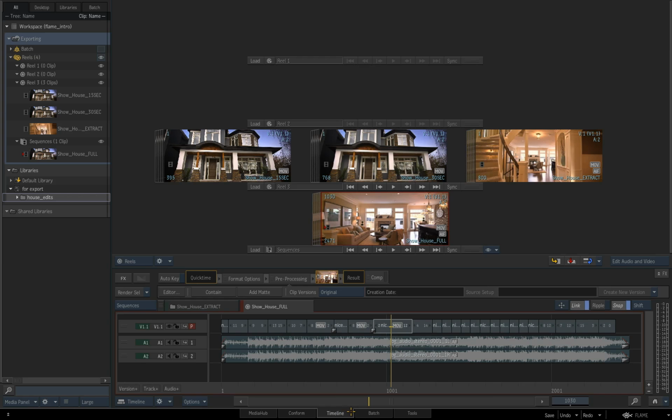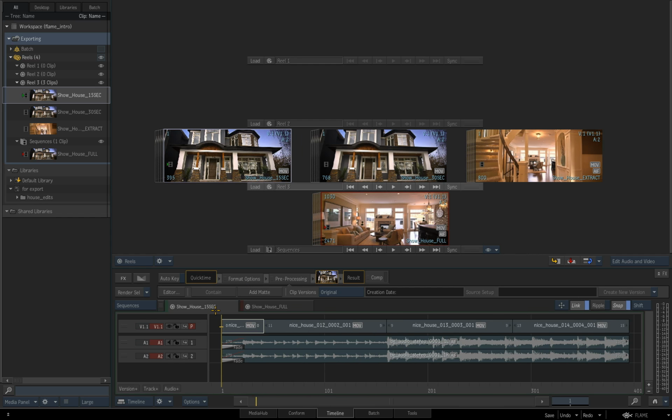Now sometimes you may actually want to hand this off to grading maybe, or you're handing this off to another editorial process downstream, but you need to not publish this out or write this out as one sequence. You need to actually export all the segments within the timeline independently and write down the metadata that's on those clips. So if we just look at our 15-second version, you can see that I've got 4 clips in here,